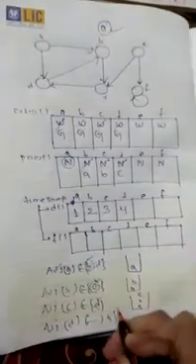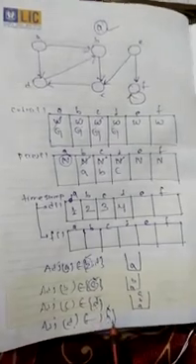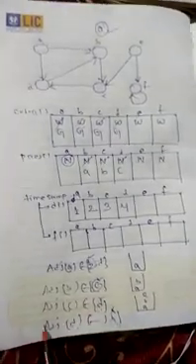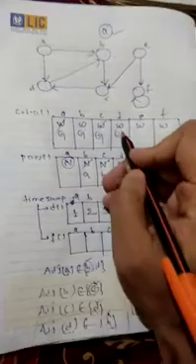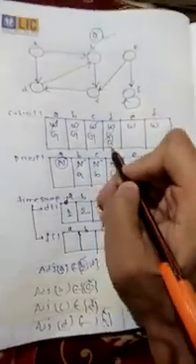We consider those vertices which are undiscovered, but B is already discovered. That means we cannot consider the B. So using D, we cannot explore any new vertex. That means no need to add into the stack. If using D you cannot explore a new vertex, D's work is over. We have to finish the traversal.